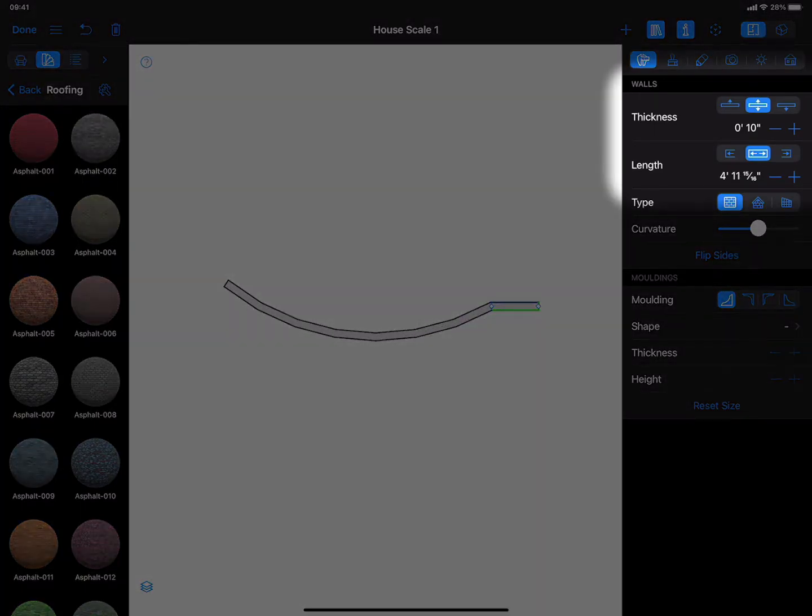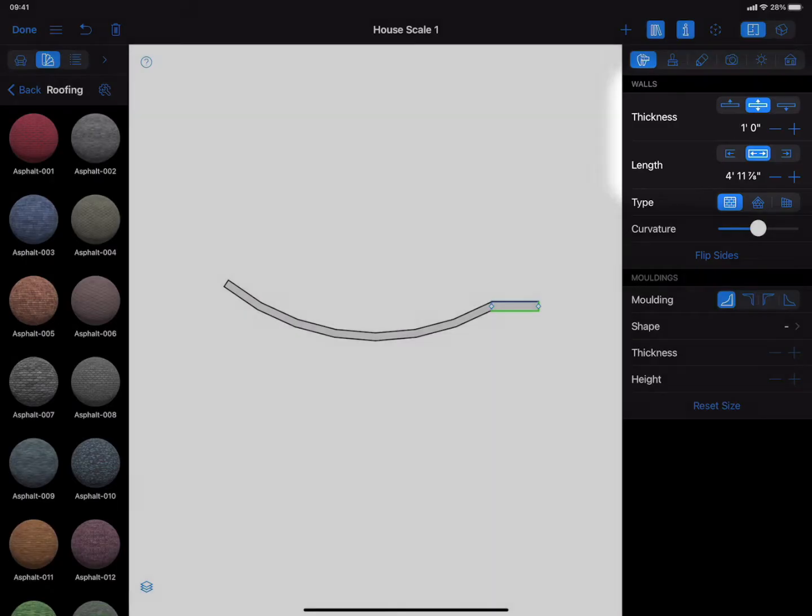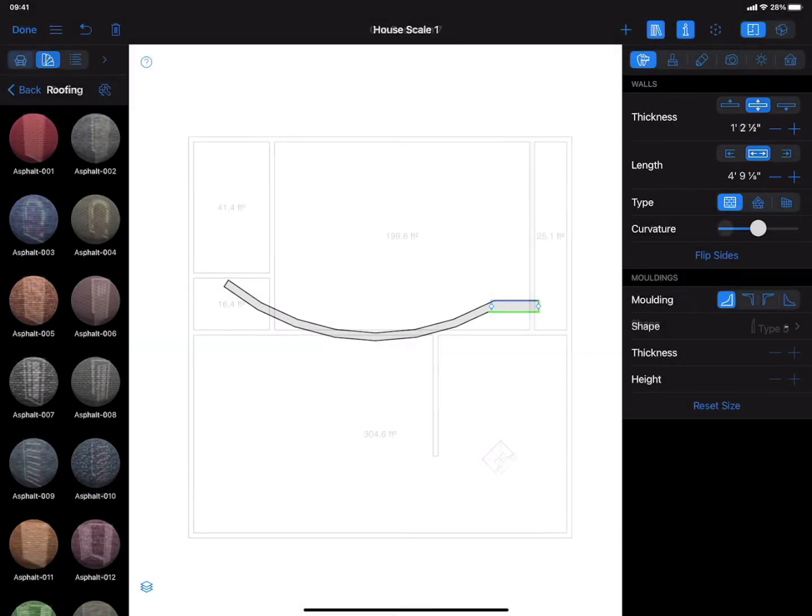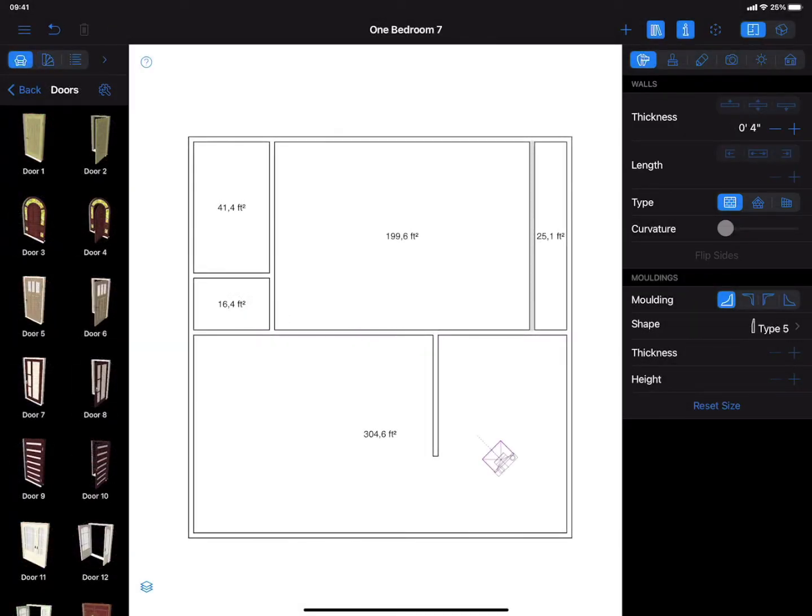Use the Object Properties tab of the inspector to control the wall length and its thickness. Please note that you should not create gaps for doors and windows when drawing walls, as creating an enclosed area automatically creates ceilings and floors and displays area measurements for each room. Doors and windows are later added by dragging and dropping them onto walls.